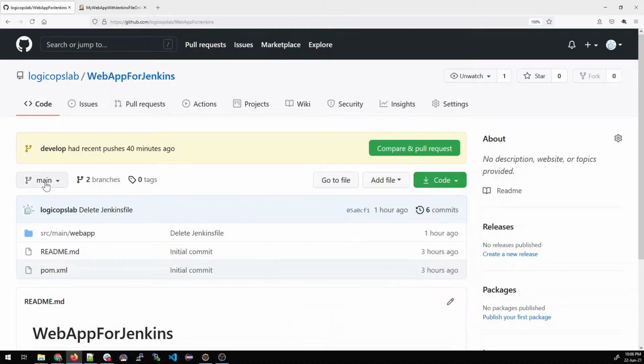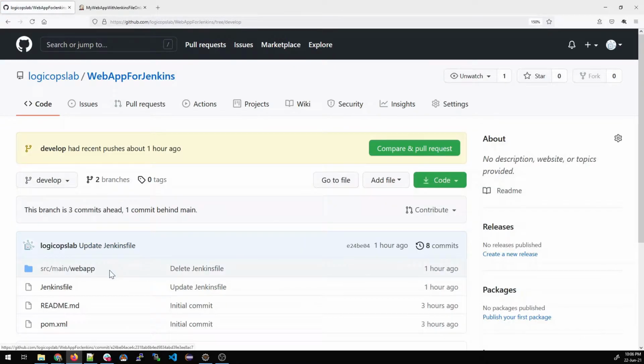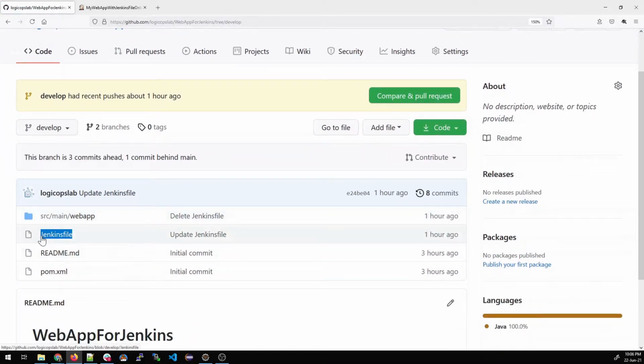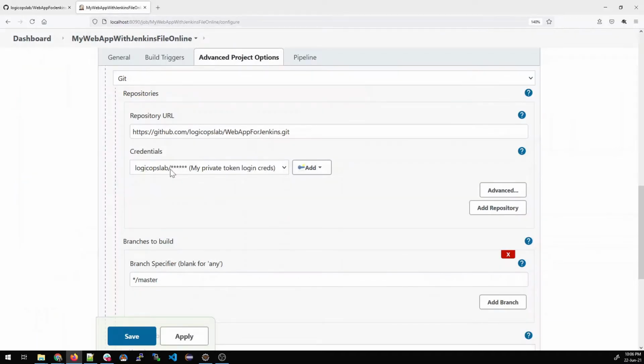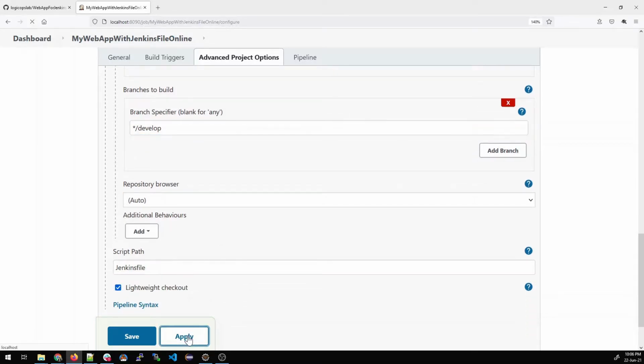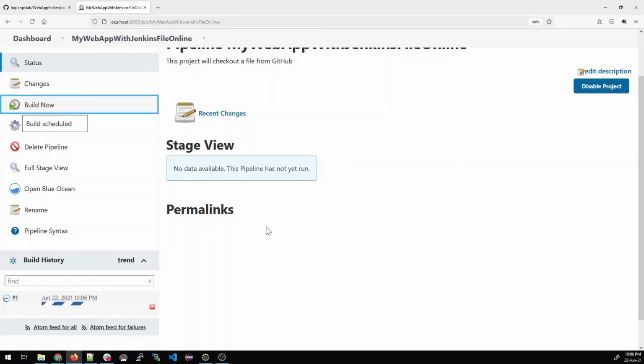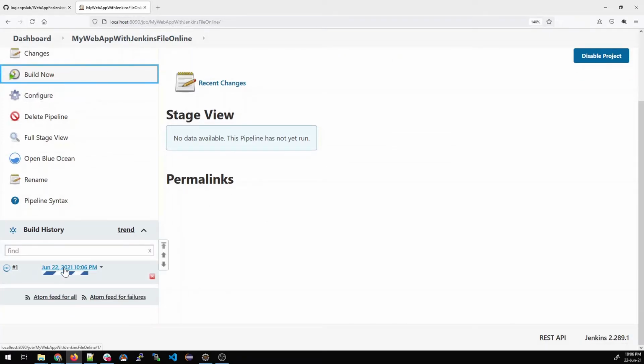The name is main over here, but we have to use develop because the Jenkins file is available from here. So just edit the name and give develop over here. The credentials that you had saved long back will be used. Otherwise this is just public, so you can just apply and save. You don't need the credentials, to be honest. So I think we are done. Let's click on build now and let's see what happens. Click on the first build.